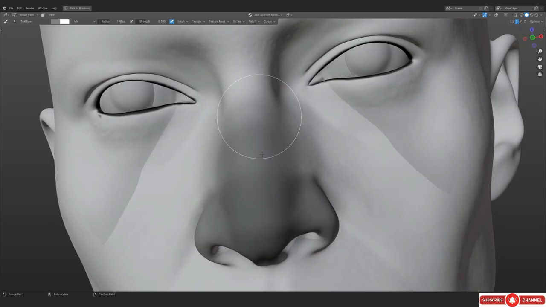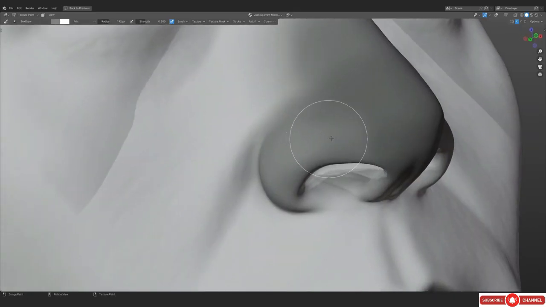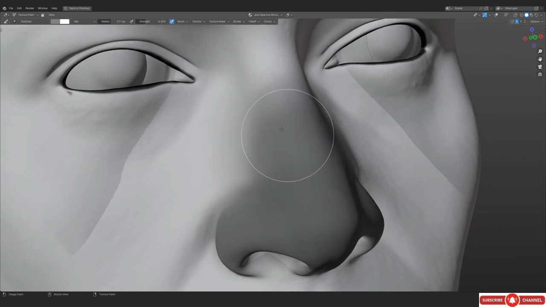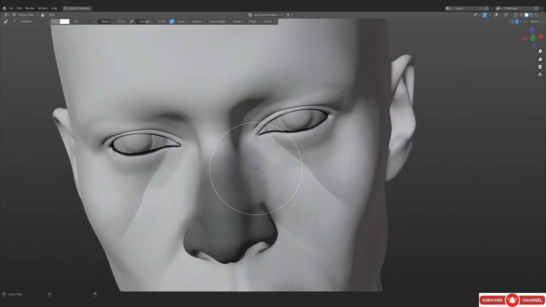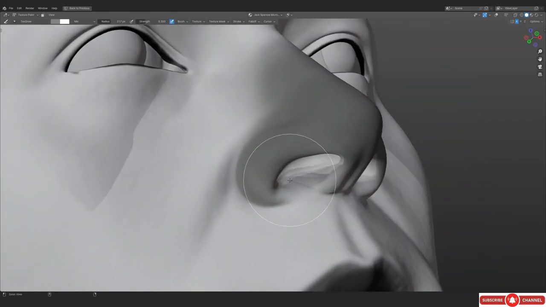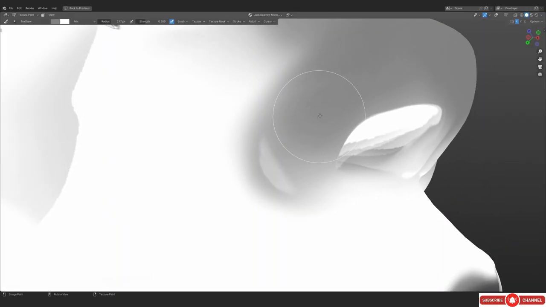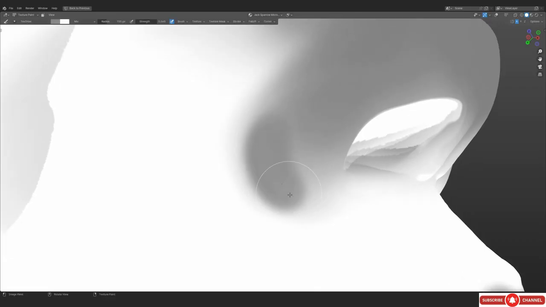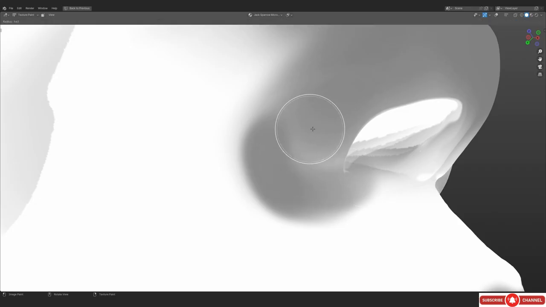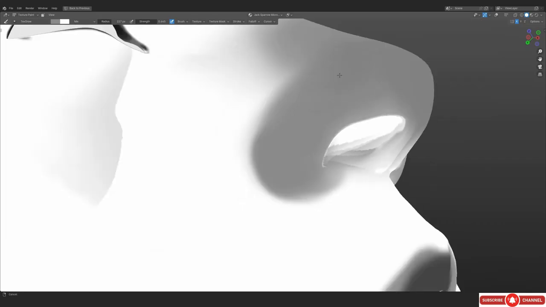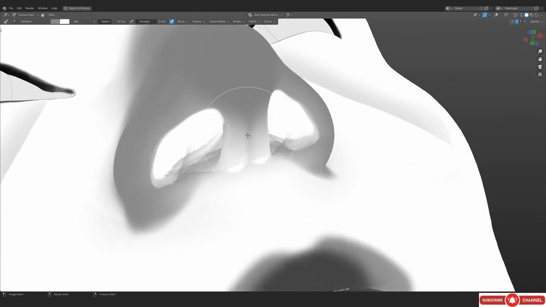As you can see, I've created such a hard line on the eye bag area, which is just so annoying to fix, and it just increases time. So I would recommend you to not basically paint in an image itself, like directly into an image. Just paint on a color attribute and bake this map as well. You can always just change the strength with the color ramp. So I feel like that is actually the better way of painting.